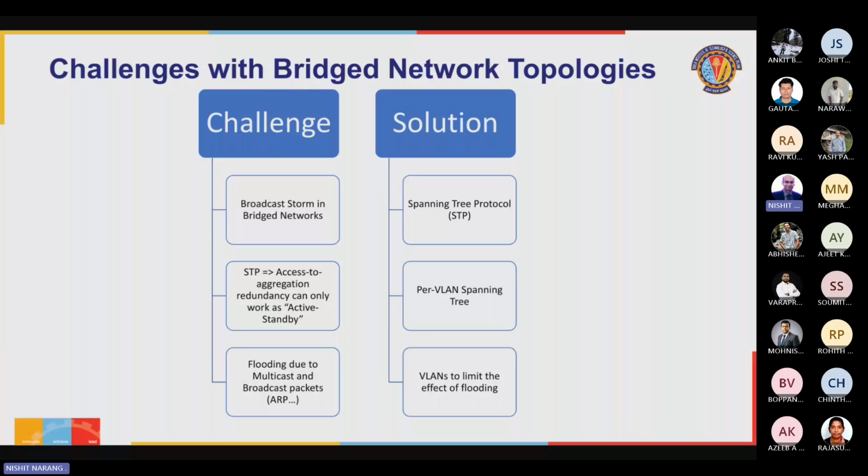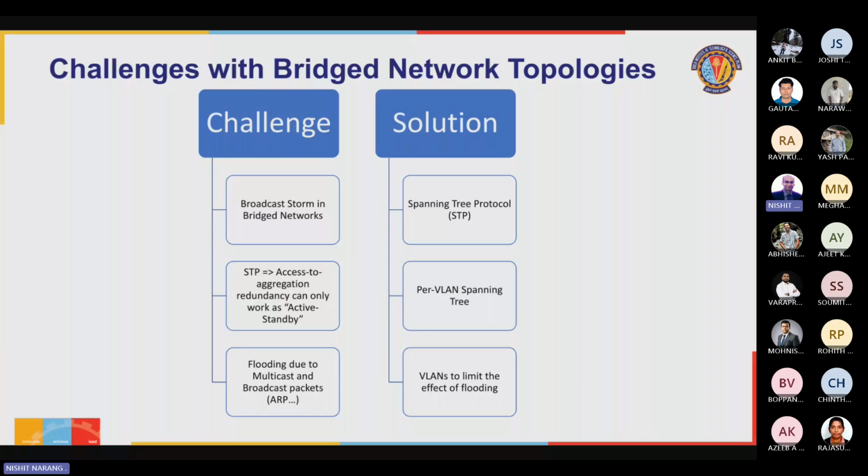So one of the challenges that exist in layer 2 networks is as the layer 2 networks start to grow. If you remember when we talked about virtualization, we talked about VLANs, virtual local area networks. The reason why virtual local area network evolved as a network virtualization technology many years before cloud computing came into existence was to solve the problem of broadcast storm. When I discussed VLANs in the class two classes back,